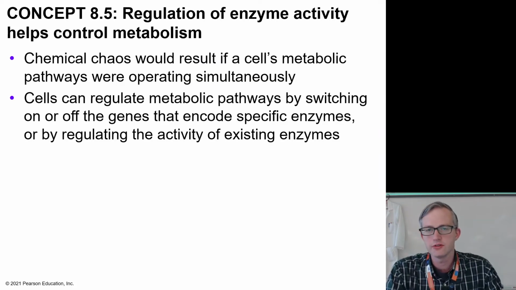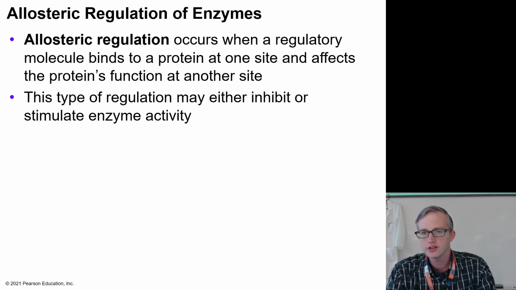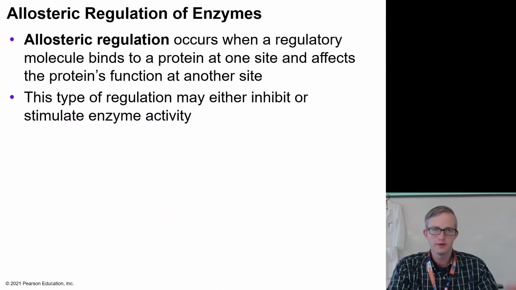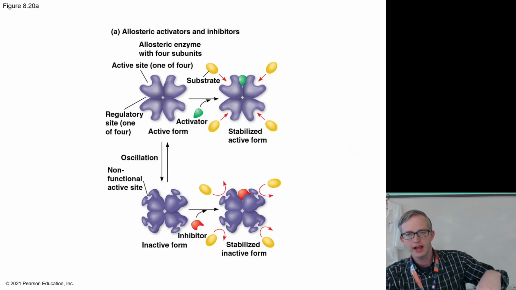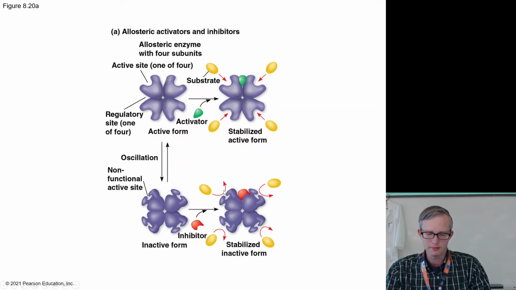The last section, just to talk about briefly, is the control mechanism for this. So we can have allosteric regulation, which is when we have a molecule that binds to an enzyme and activates it. So here's an example: an activator comes in and binds to this enzyme, and once that's present, it changes the shape of the enzyme in such a way that the enzyme can now grab onto its substrates. Okay. Now we could also have an inhibitor that does the exact opposite, where maybe the enzyme's constantly functional, except when an inhibitor comes along, it suddenly shuts down.